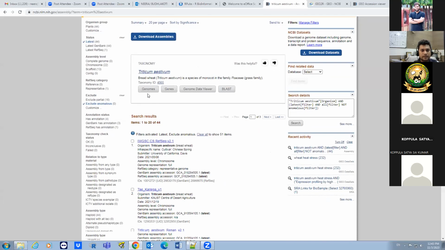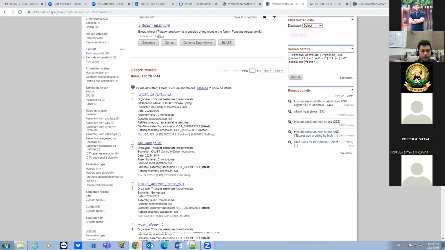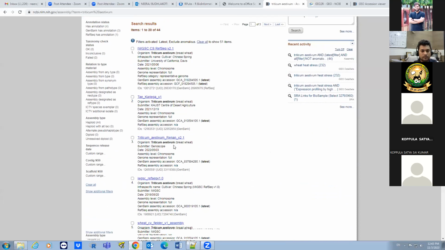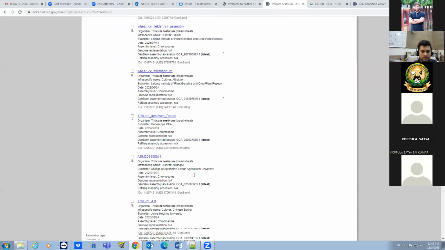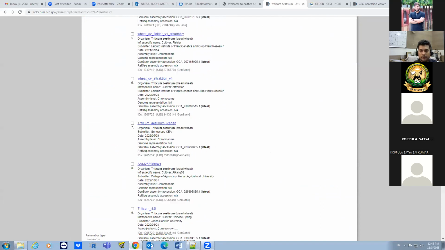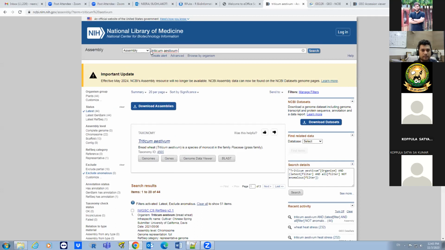You can see IWGSC RefSeq version 2.1. You need to have only the finished genome, different versions. In this way, you can download the different assemblies.